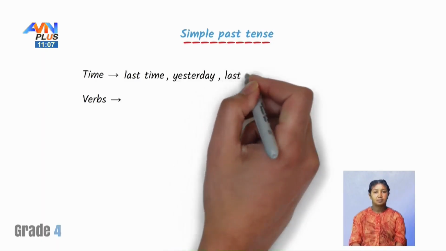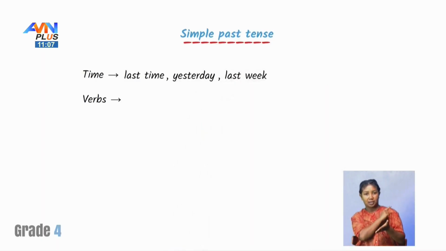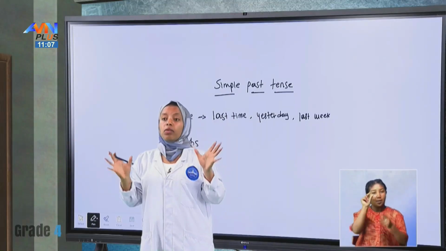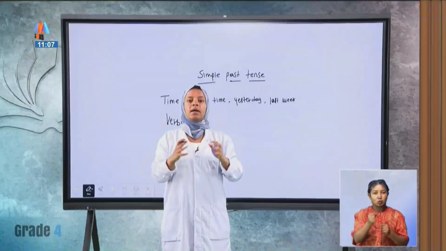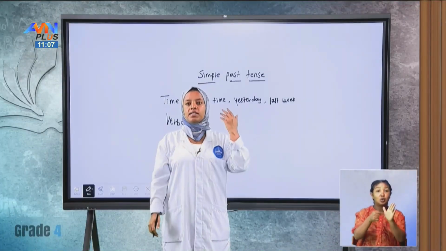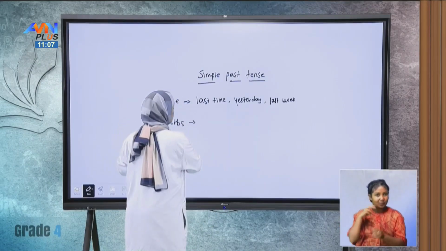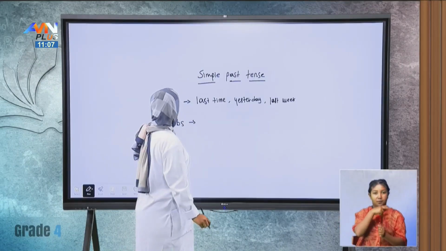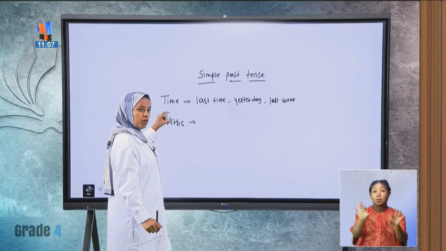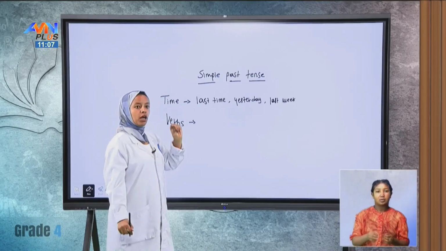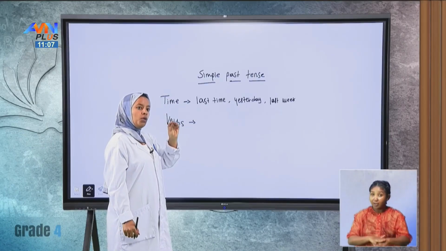And also we said last week. Here are some words that you are going to use as past tense that show previous action. And the next is verbs. Here is the main and important point. When we come to the English language, verbs that show time,